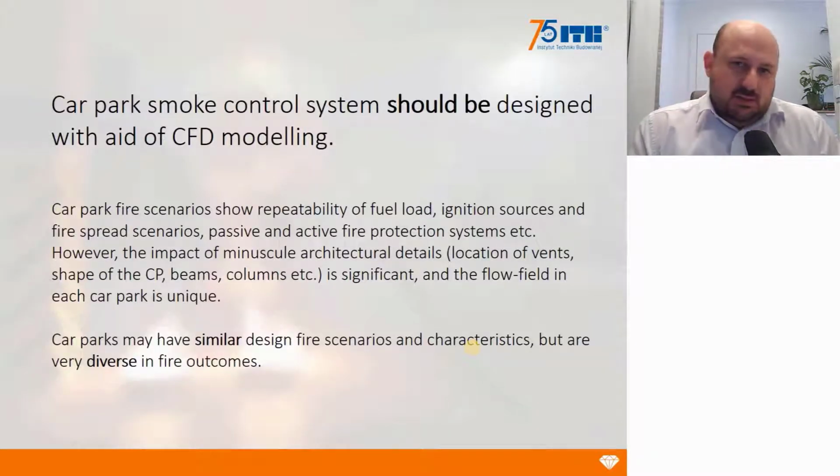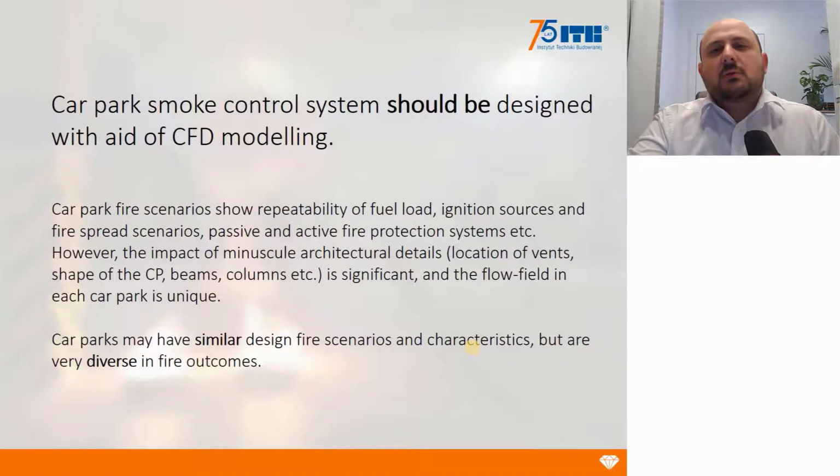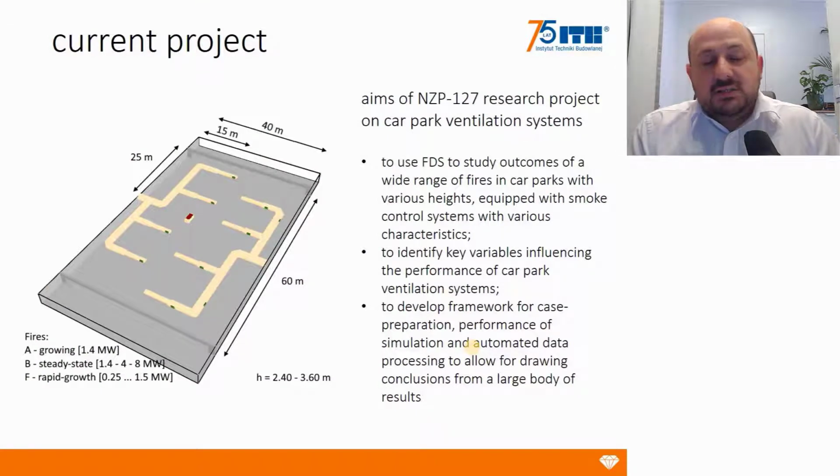What's important to me is that CFD is absolutely critical in the design of car park smoke control systems. It seems very difficult, if not impossible, to design an optimal smoke control system in a car park, because they may have similar design scenarios, similar characteristics, even similar architecture, but because of the minuscule details of architecture, the outcomes of fires in car parks are very diverse. And as CFD is such an efficient tool to design car parks, we have also used that to identify